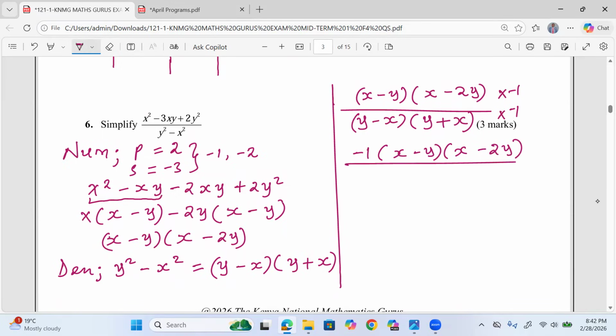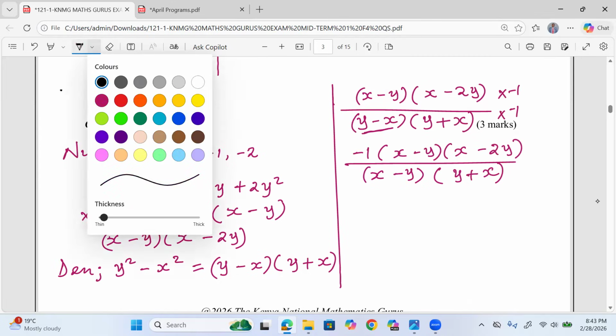Now -1, when it multiplies the denominator, we choose to multiply the first factor, which is y minus x. So when you multiply by negative, the y shall bear negative, but negative x now turns to positive. So that x is now the one that is positive, but y turns to negative, like that. So the negative has affected the first term